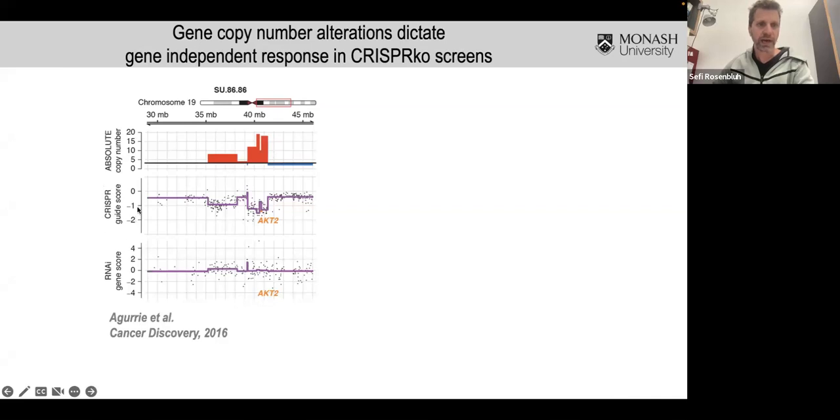Here, you're looking at CRISPR guide RNA, so CRISPR scores. Each dot here represents a gene in the genome. Again, minus means killing, plus means surviving. And here you're looking at the profile, here for CRISPRs, and here with RNAi. And what you see when you get to this region, suddenly all the genes in this amplified region become essential. You don't see this with RNAi, but you definitely see this very clear signal with CRISPR.